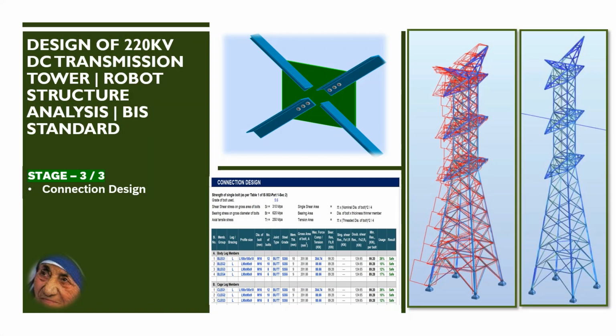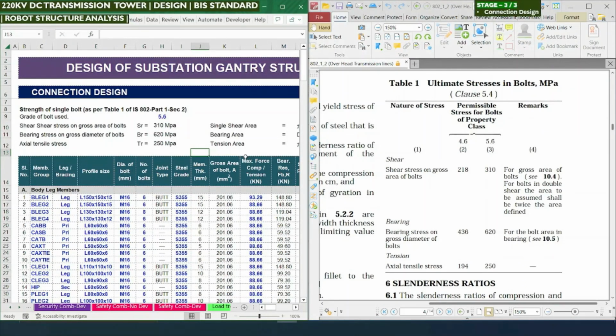Welcome viewers. This is stage 3 of design of 220 kV double circuit transmission line tower in Robot structural analysis in Indian standard. In this we are going to look at the connection design. You can see an Excel sheet on the left hand side, which is developed to demonstrate this connection design, and also you can see a PDF file on the right hand side, IS 802 part 1 section 2, which is having